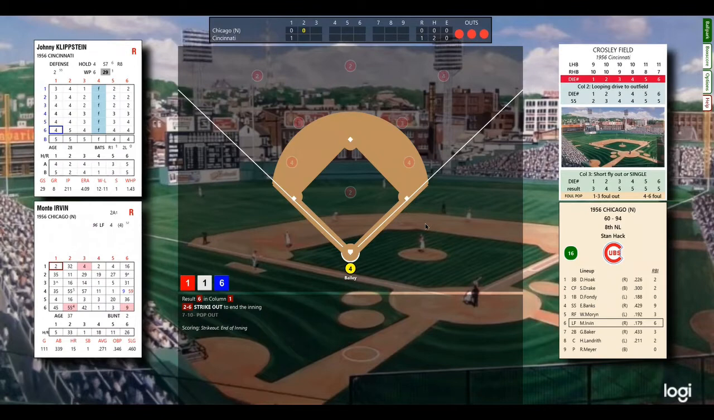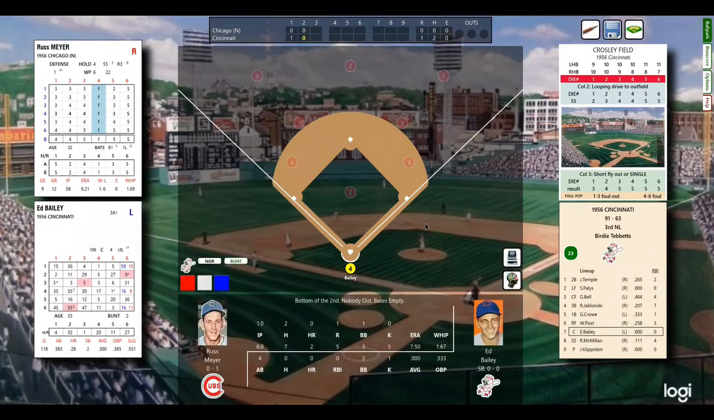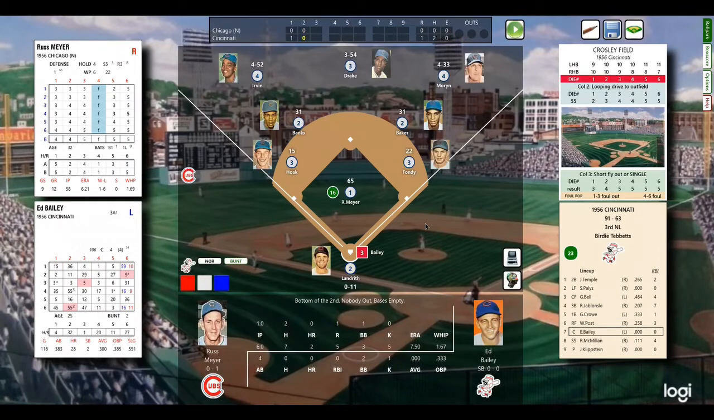Bottom of the second. And we go to the bottom of the second with Cincinnati still up 1-0. And Ed Bailey coming to the plate. Batted .300 in '56 with 28 home runs. So far he's 0 for the season. He's 0 for 4, so he's looking to get on the stat sheet